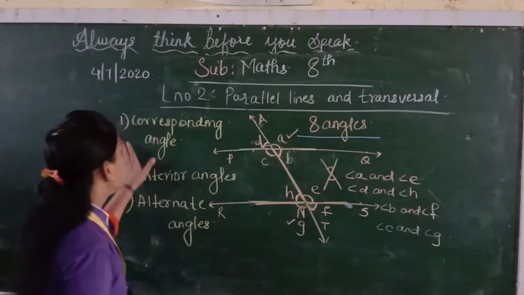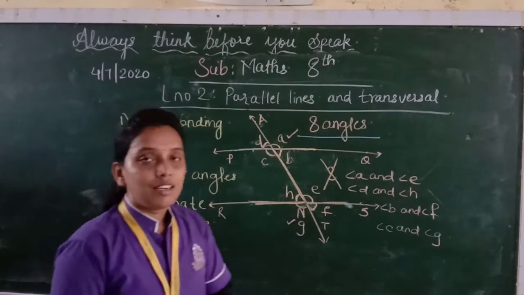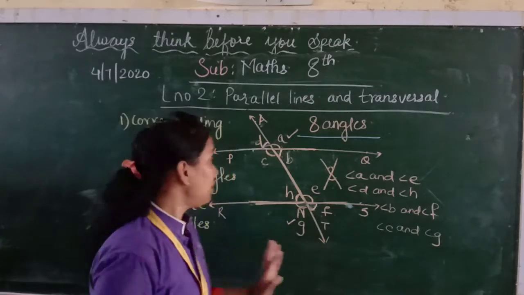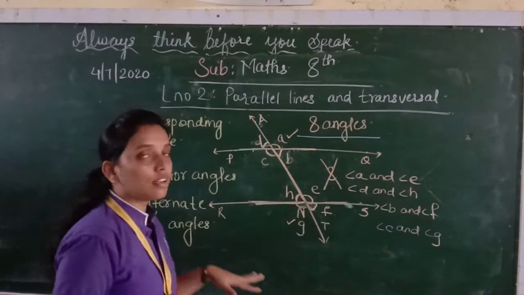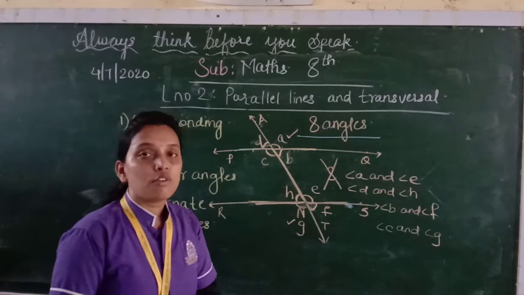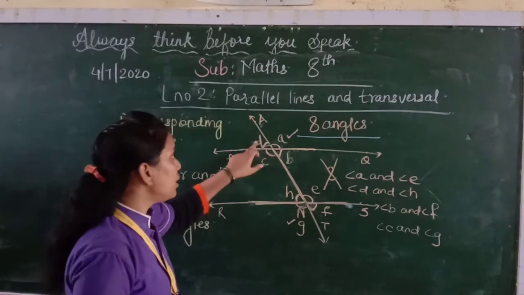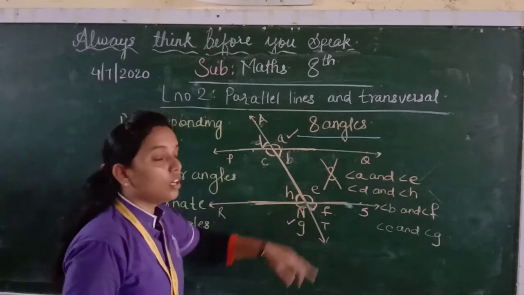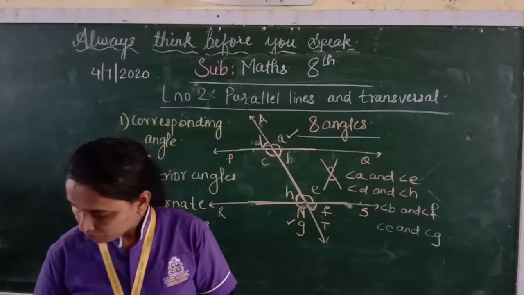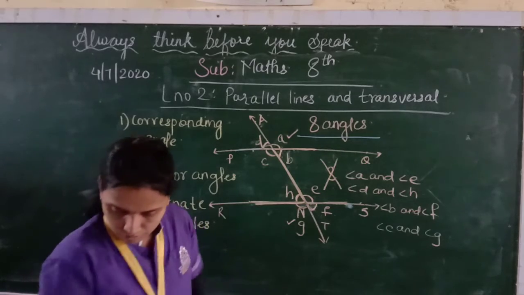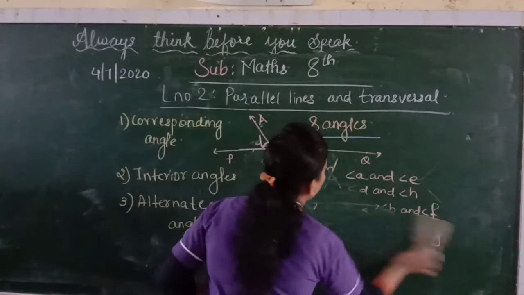So here we have corresponding angles like the staircases. Remember that interior angles are inside the lines. Alternate angles form the corner of the Z. For interior alternate, and for exterior alternate you can take just the upper side of the corners. So now we will take practice set 2.1.